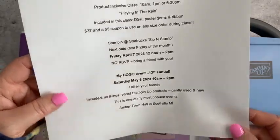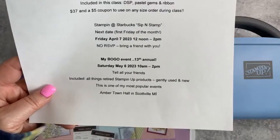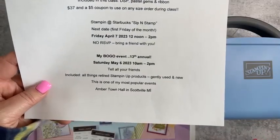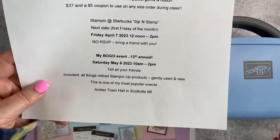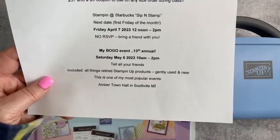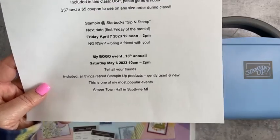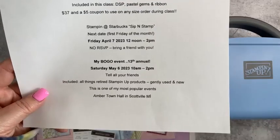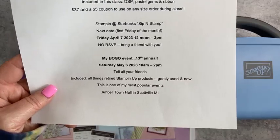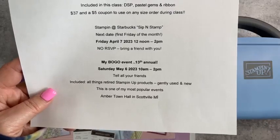And then also coming up, as we get into May and our catalogs expire, we have a new catalog. And with that, we have items that retire. So I sell items that retire at my BOGO event. Basically, what you spend at my BOGO event, you get a coupon for the same amount to put towards your long wish list of all those lovely, pretty things that you see in the brand new annual catalog. So it's going to be at Amber Town Hall in Scottsville, Michigan on Saturday, May the 6th, 10